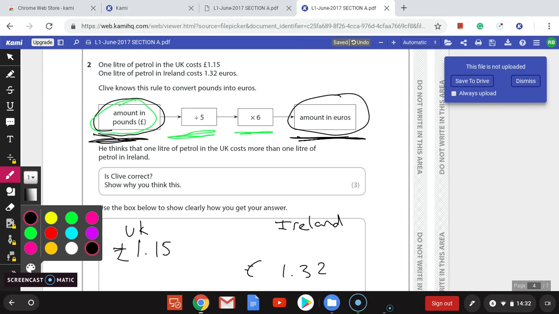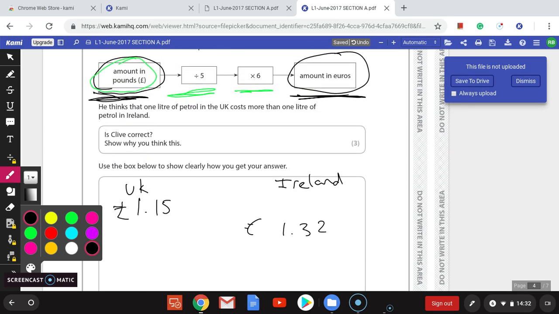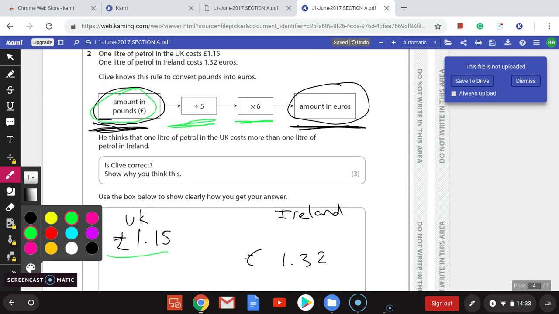Well, you can't compare apples and pears. You can't compare pounds and euros without converting one to the other. So what we need to do is convert the amount in pounds, 1.15, to euros, and then we can compare it to the Irish price in euros. So all we need to do is use a calculator. The amount in pounds goes in here. So in this bit here, amount in pounds, divide it by 5, times it by 6, and you end up